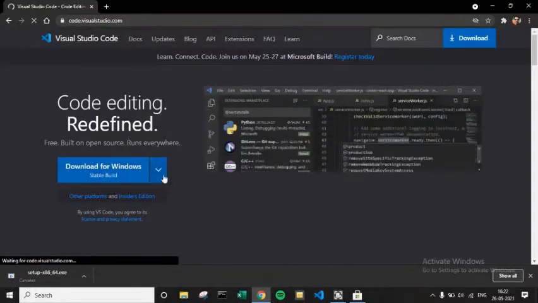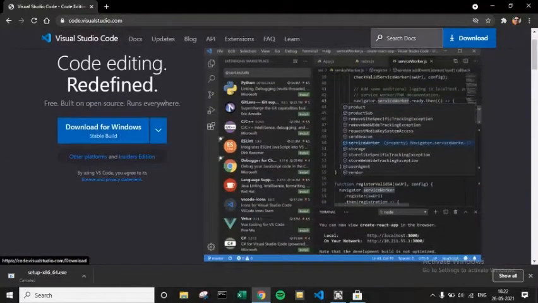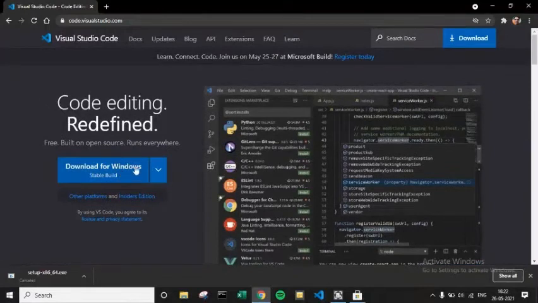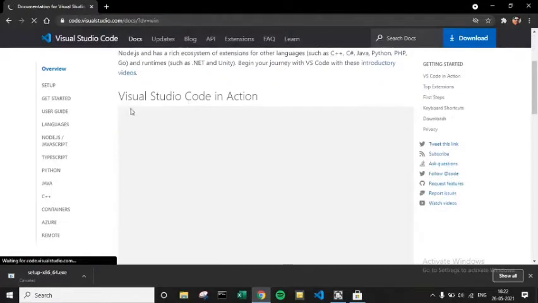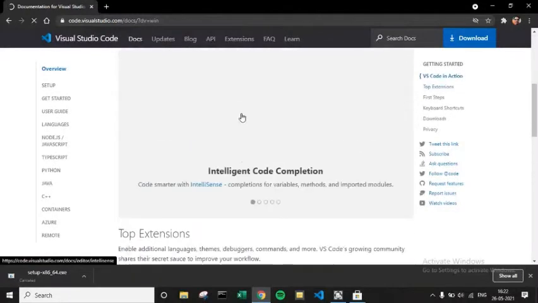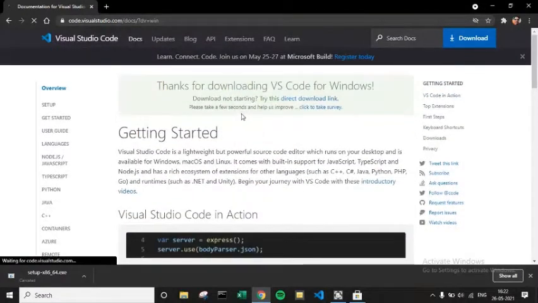And here this option is to download, and download it. Click on that option. Just a minute.